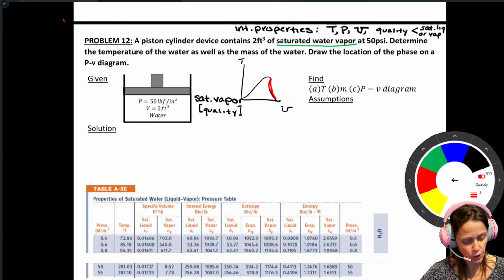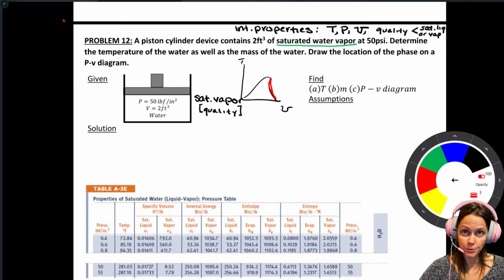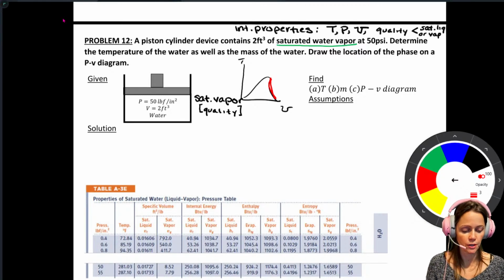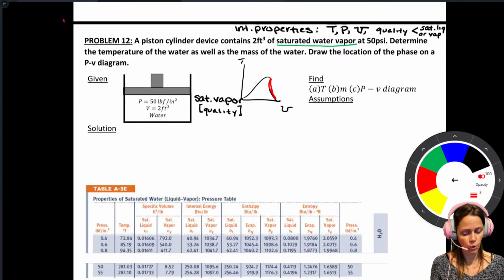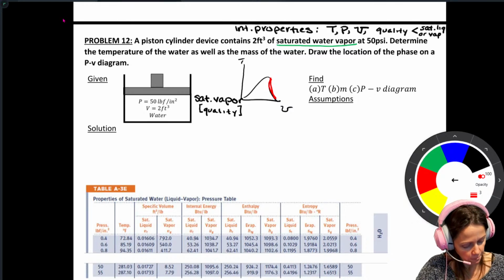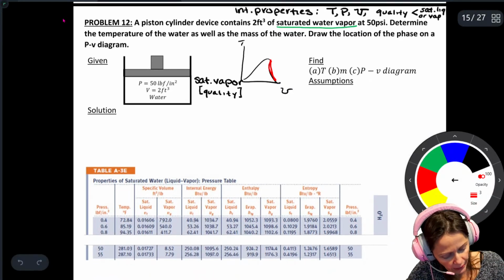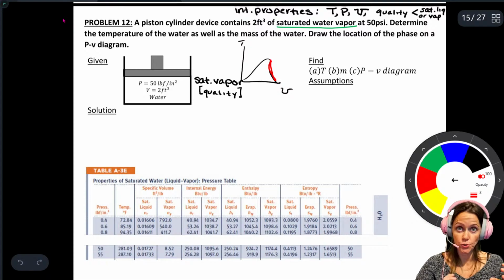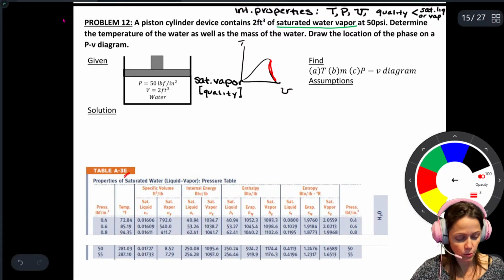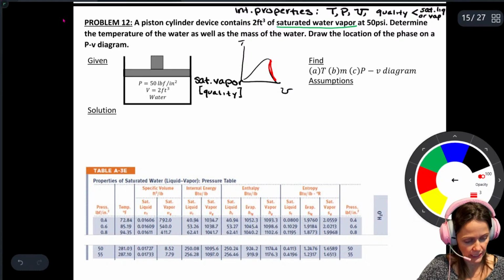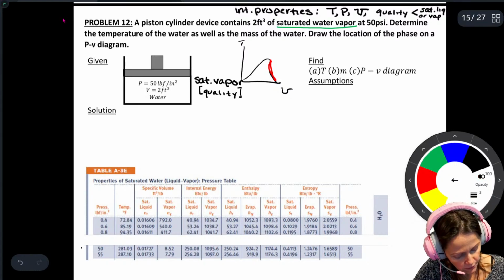All right, so I'm going to my saturated tables because just by the sheer nature of them telling me it's a saturated vapor, I know that those are the tables that are going to give me the properties for water at this state. So I'm going to table A3, which is the saturated tables organized by pressure. And then also I need to make sure that I'm going to the English unit tables, so the one with an E after it. And at 50 PSI,